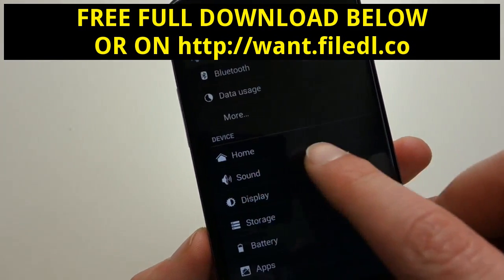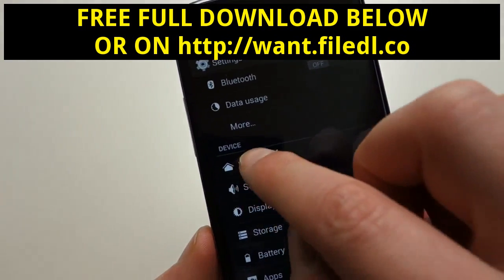The other thing I want to show you though is this option right here for home. So let's say you have more than one